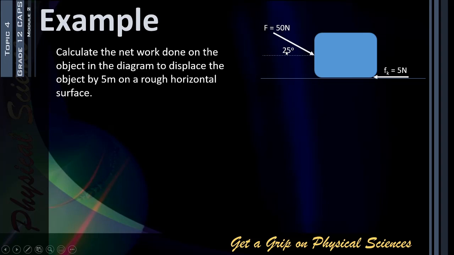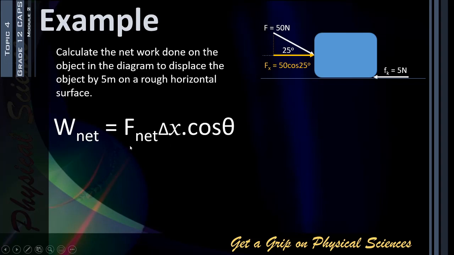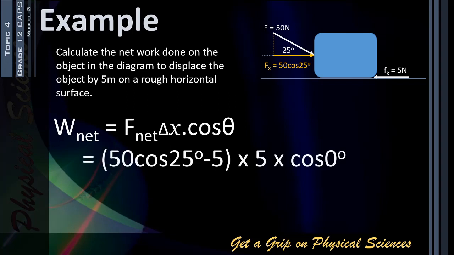So if we have a force at an angle, we calculate the horizontal component of that force, which is 50 times the cos of 25 degrees. So to calculate the net work, we need the net force, and in this case the net force is the horizontal component of the applied force, which is 50 cos 25, and then minus 5 Newton, which is the kinetic friction. Minus because it's in the opposite direction to the displacement. And we multiply that by the displacement, which is 5 meters, multiplied by the cos of 0 degrees. And that gives us a total or a net work done of